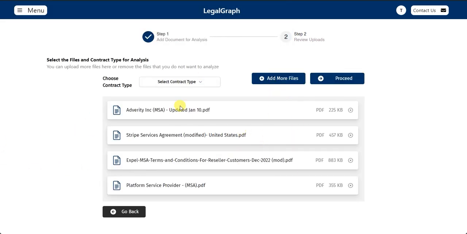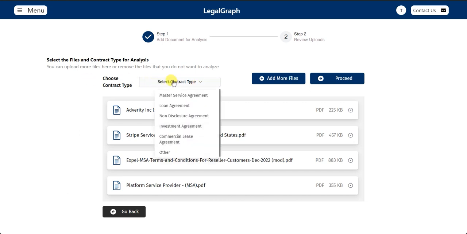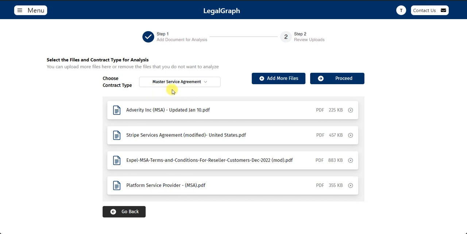After you see the files that you selected, you can choose the contract type that you want to analyze. You have options from MSA, NDA, investment, lease agreements, loan, and there's also an other type. In case you have any other type of agreement, you can use this option to analyze. And let's say we select MSA here, and then when you click on the proceed button here, then you will